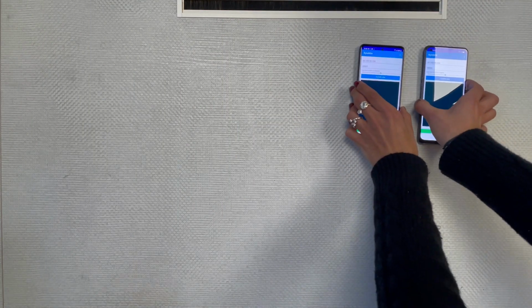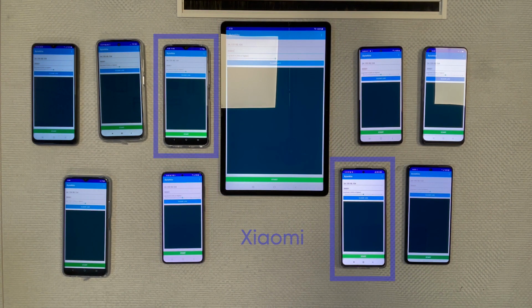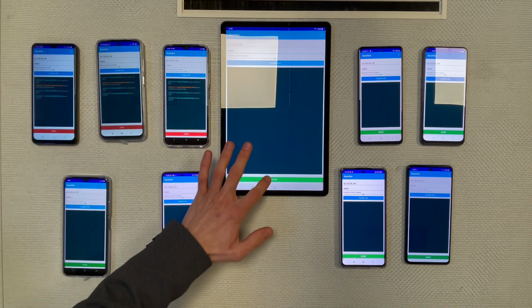First of all, we prepared a testbed with 10 Android devices connected to the internet both through Wi-Fi and mobile networks. We have different models of different manufacturers, mainly Samsung and Xiaomi, but also Oppo, Vivo and Motorola. We then click start on each device and see they begin listening to the central server. At the moment there's no task in the queue as we still have to launch the job.